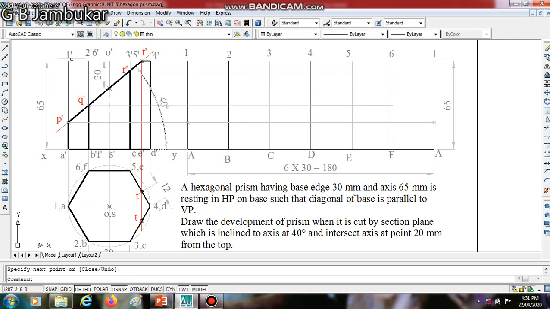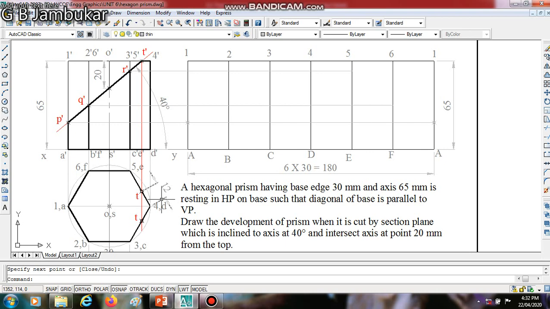Okay. Now to locate point T. T is on the top. Its distance in the top view from 4 is over here. So measure the distance of point T from the corner 4 of the top in the top view. This distance is 12 mm, which is shown here.